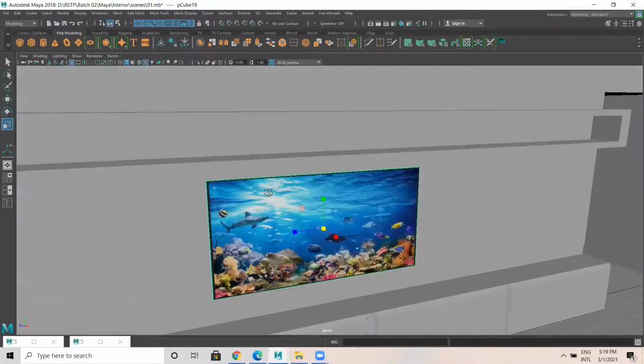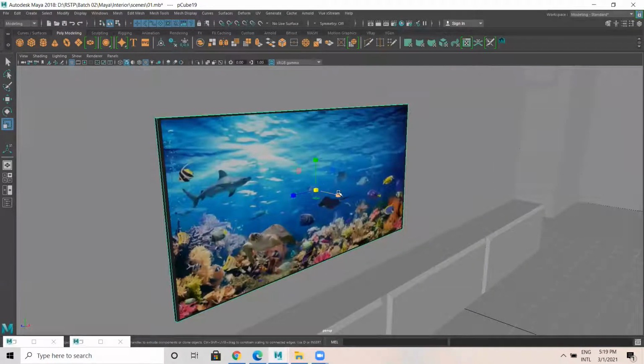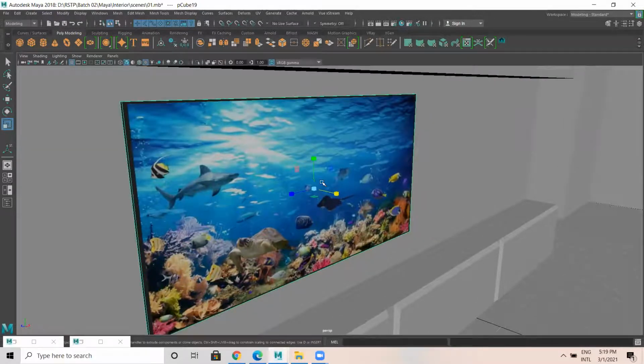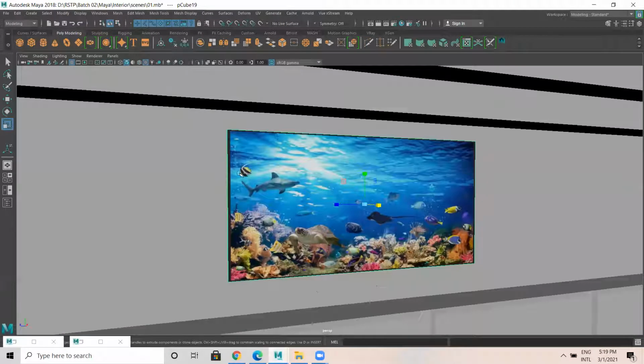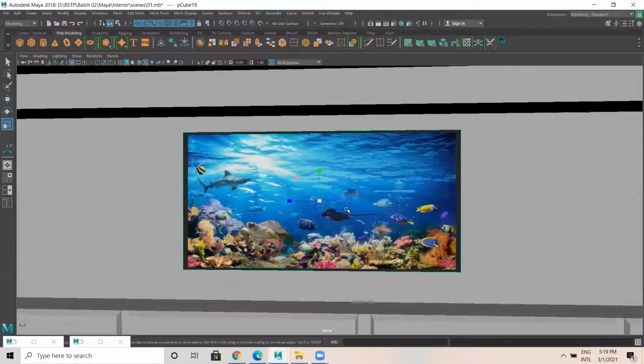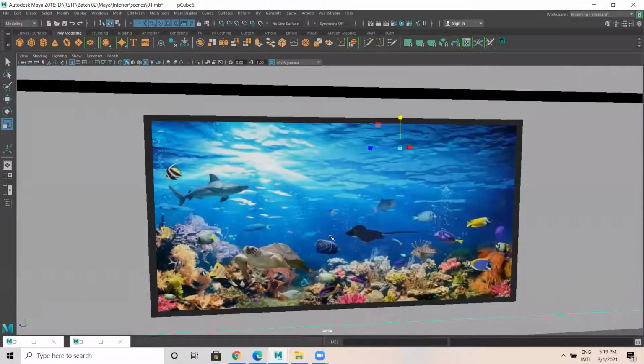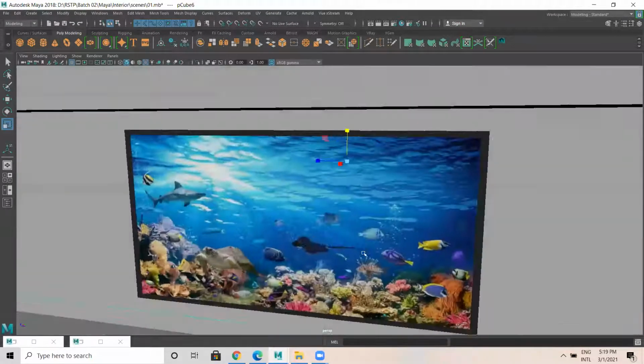Then I just made it a bit thinner, this one. So what happens here? Like this, see? It's done, okay?